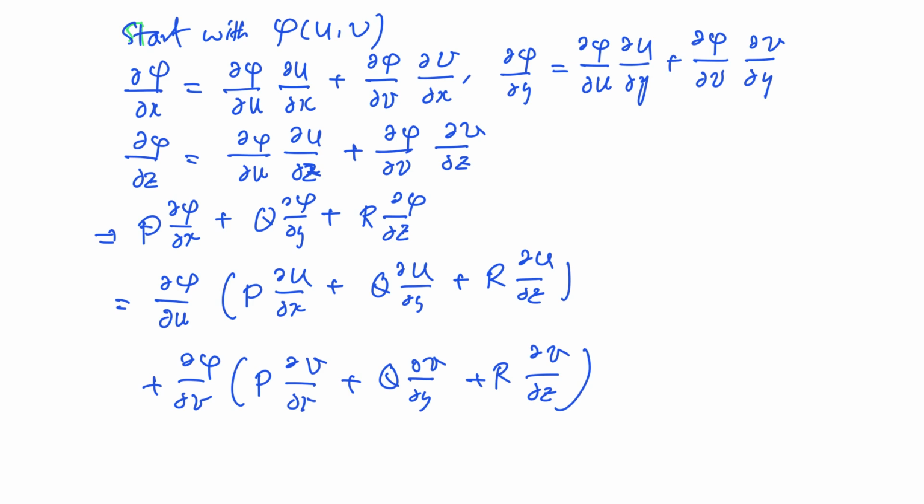Now we found that this is 0, right? Because u and v are solutions of that, and these are 0, right? So what we get is